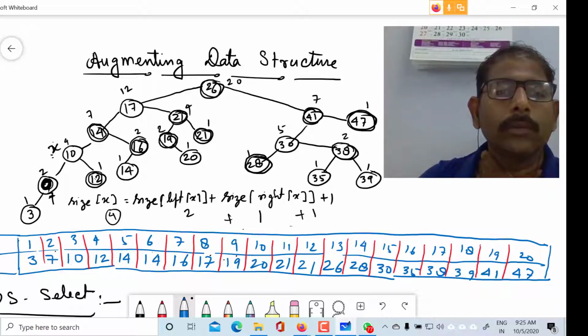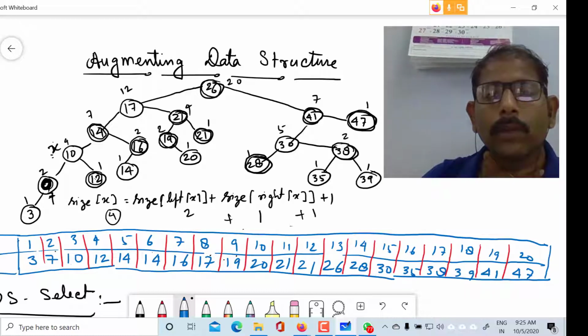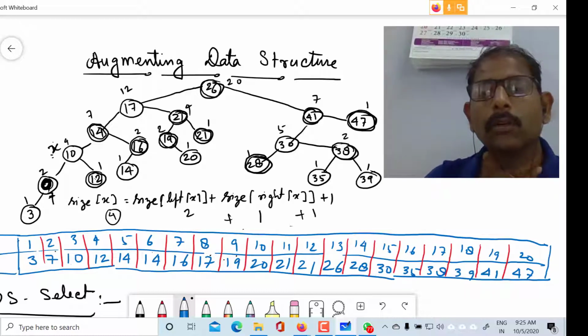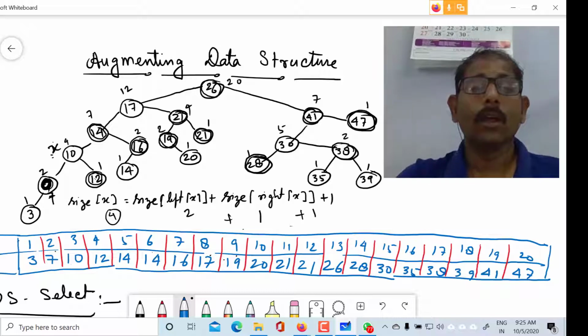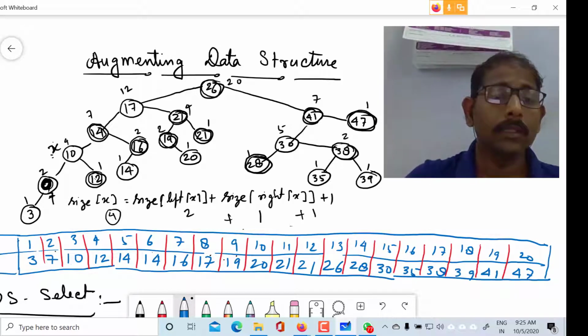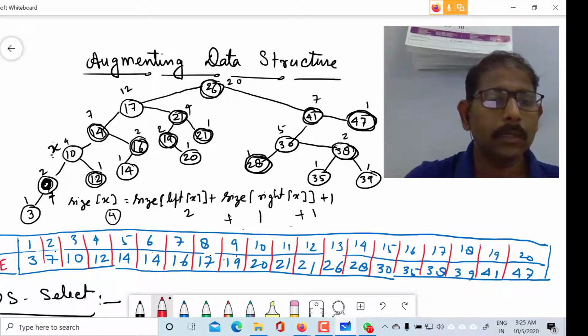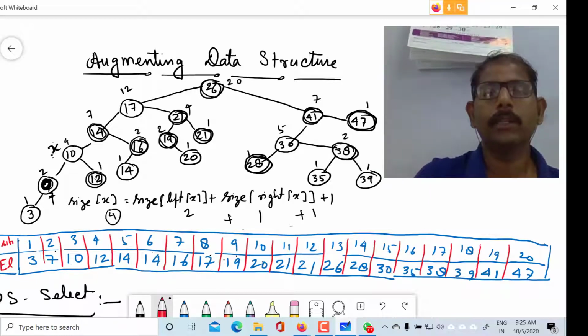Okay, it is correct. So these are the elements and these are the positions.